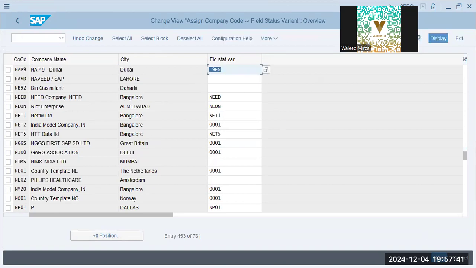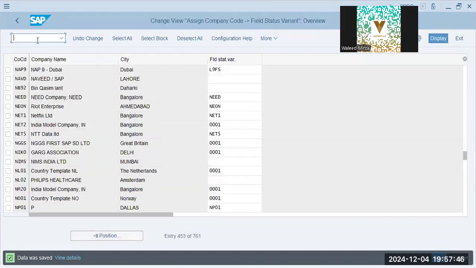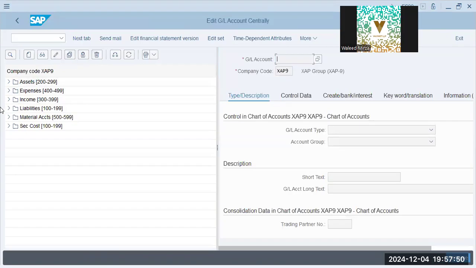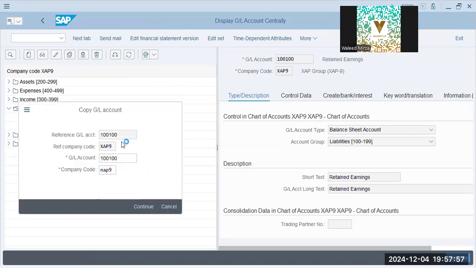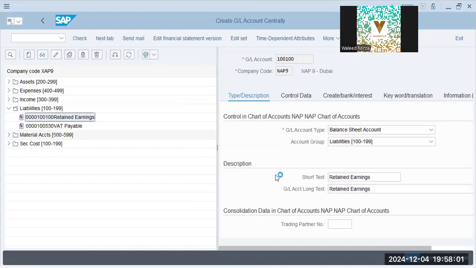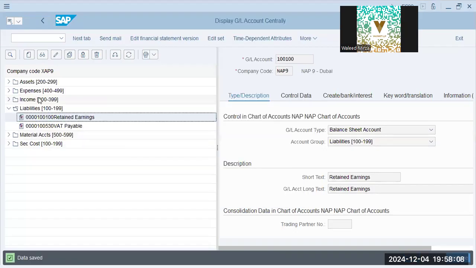L9FS is 00. Okay, liabilities, retained earnings, copy, NAP 9. Now it will save, enter. Okay, now what do we want? Retained earnings account is done. We need